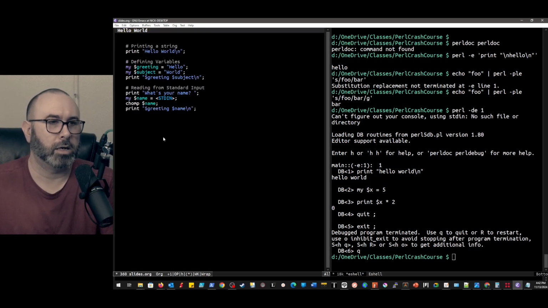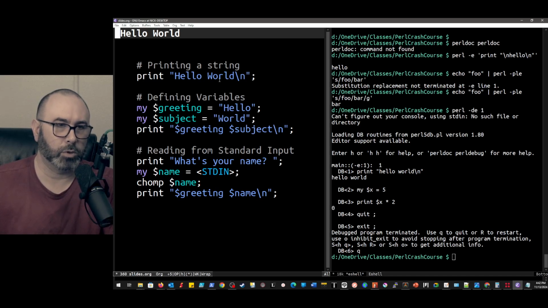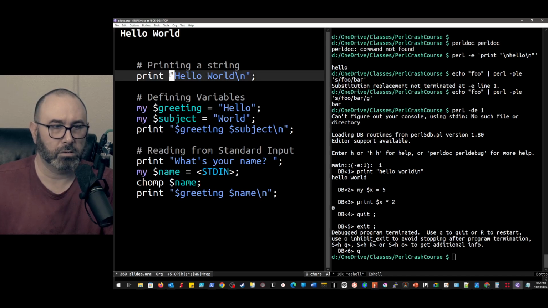So here we have some basic Perl components, and I think this is a nice example of how simple and easy Perl is to use. We just have the print command, and then we're using hello world. Now this could also be in parentheses.